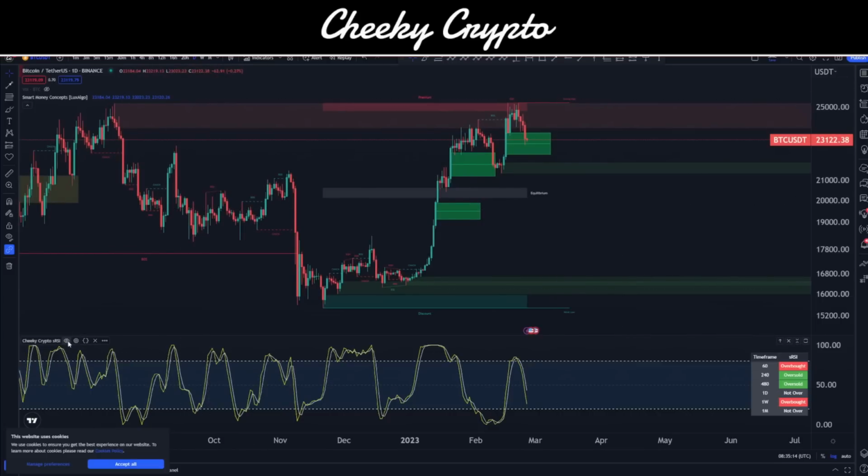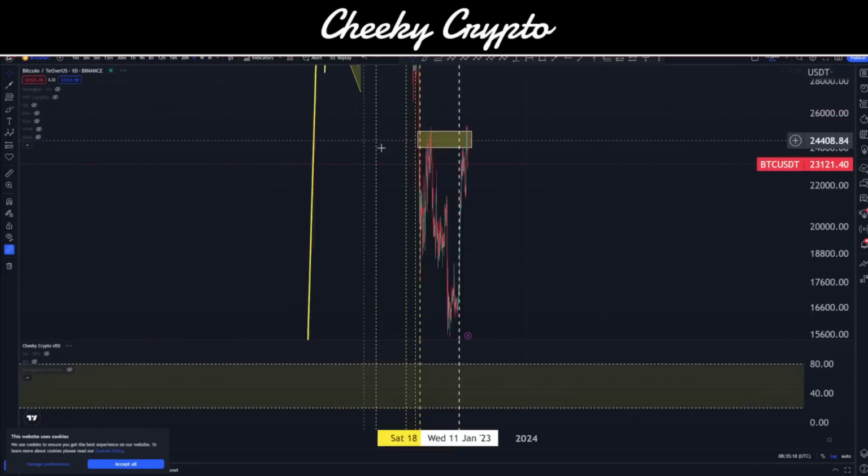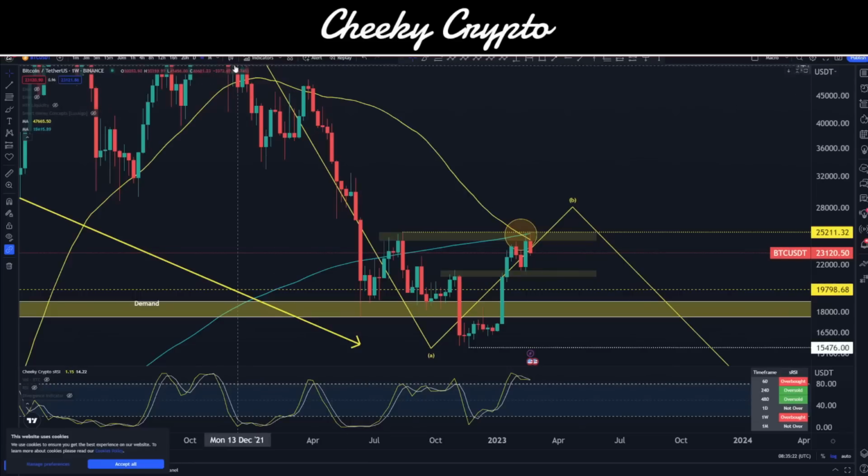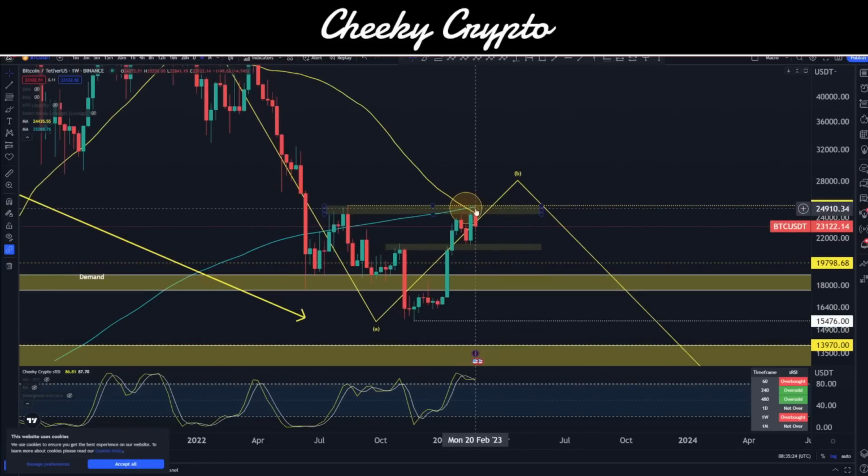Now, from this daily chart, we can see what's going on. But if I bring this up into this one, bring this down, we'll just scale this across. Actually, I'll tell you what I'll do, I'll bring it into this weekly here. The weekly here, we do have the death cross a couple of weeks ago. We can see that.